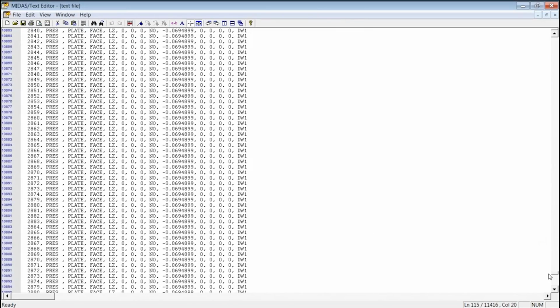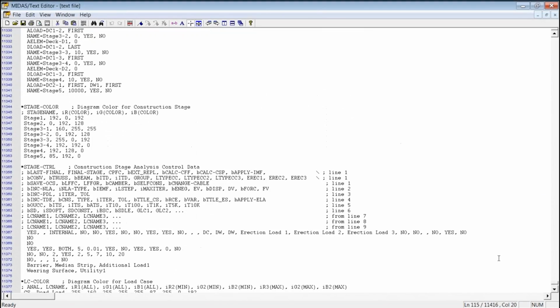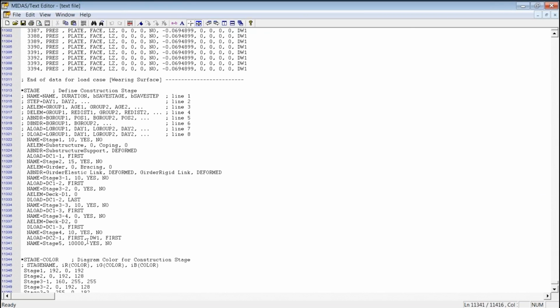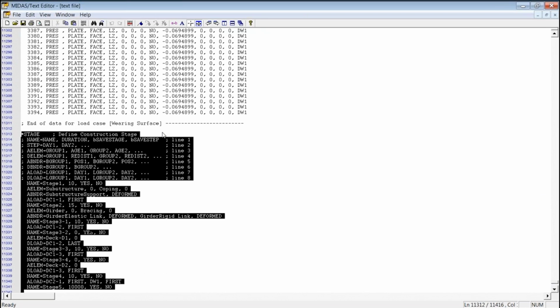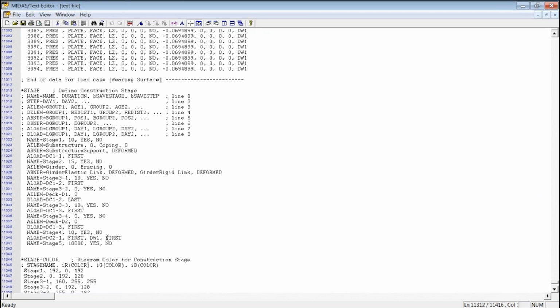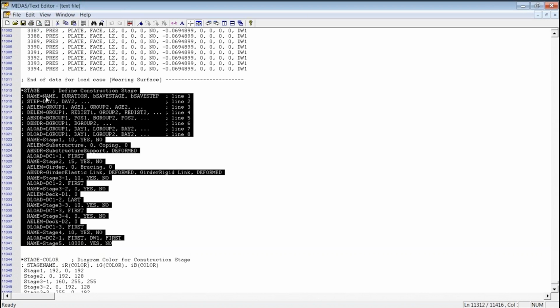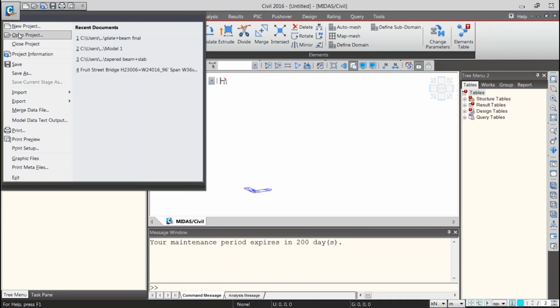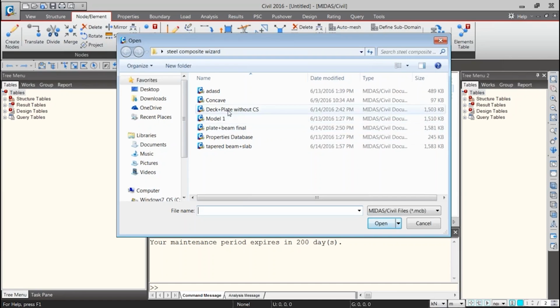What we have changed in our current model is the construction stages. So these things we have changed. What we can do is simply copy this small portion and save it. Now if I have a model which doesn't have any construction stage, like if I generate a model from the wizard in such a way that it doesn't have any construction stage, I have a model in such a way, so I will just show you.